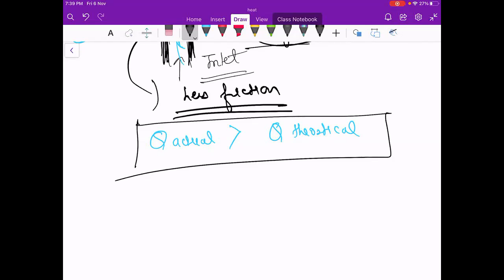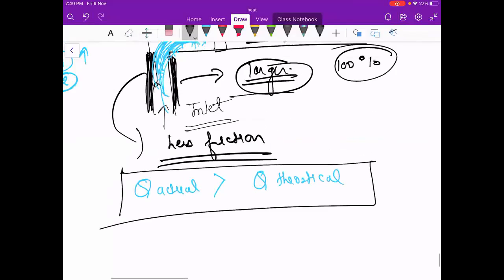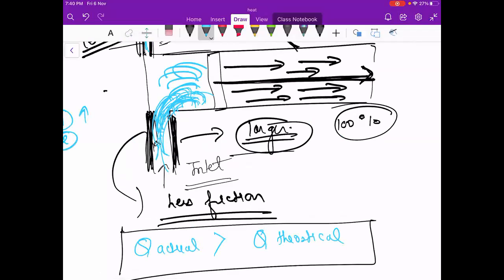Why your body? Because your body is moving with some momentum, and you can't stop a momentum at one position. Due to this, your body will come forward. The same thing happens with the fluid. You have stopped the fluid from coming inside, but that fluid has some momentum, so some amount of fluid will come into the chamber. Even though theoretically it should be stopped, practically, due to the momentum available in that fluid,